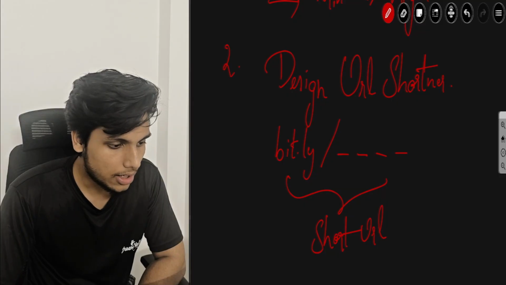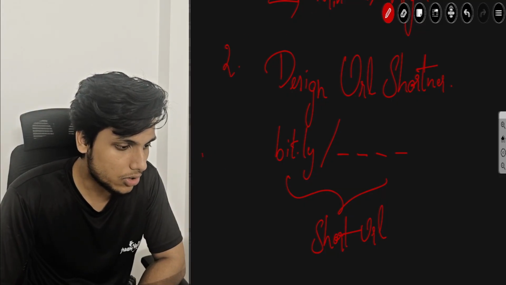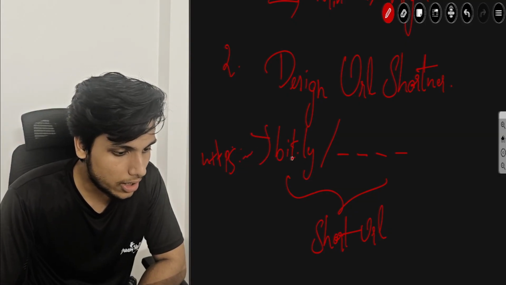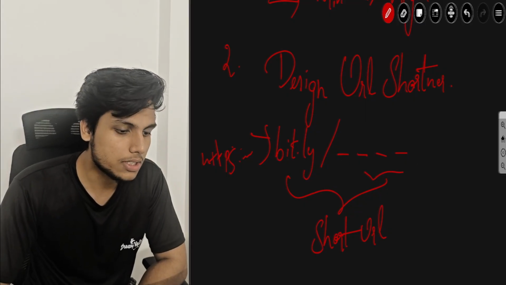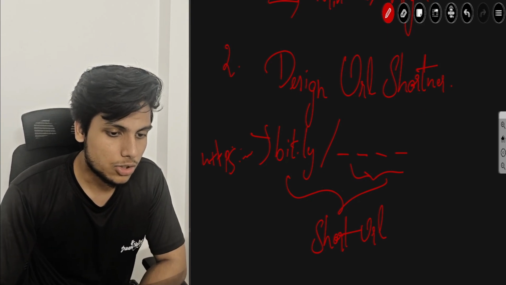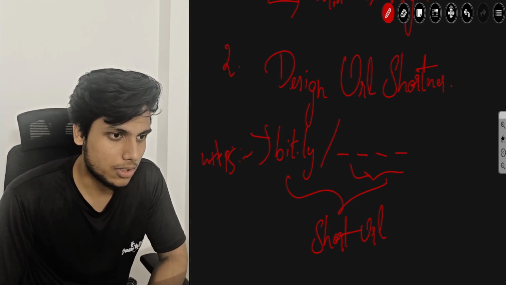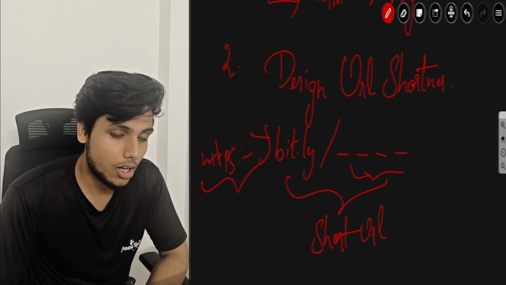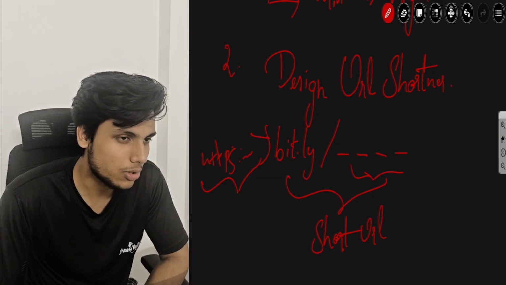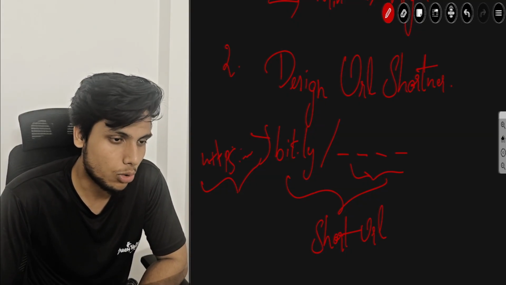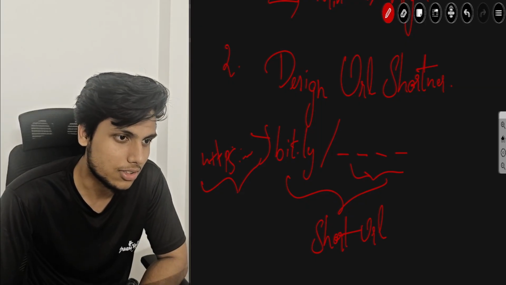Initially, let's say he gives you https www.google.com or something like that. You need to shorten this URL to bit.ly slash something, which you can generate here. So I started from the basics: I'll take numbers like 1 2 3 4 and map them to the original URLs. That's one of the approaches. He said, okay, I agree that it is one of the approaches. So what are the advantages and disadvantages of this?